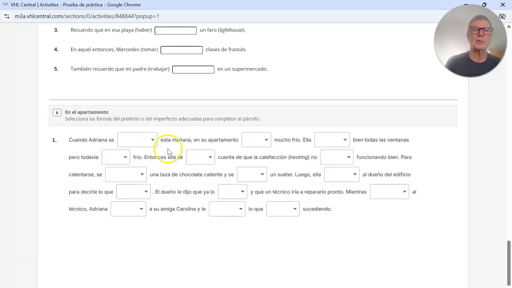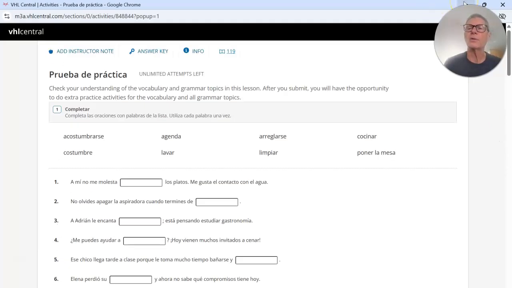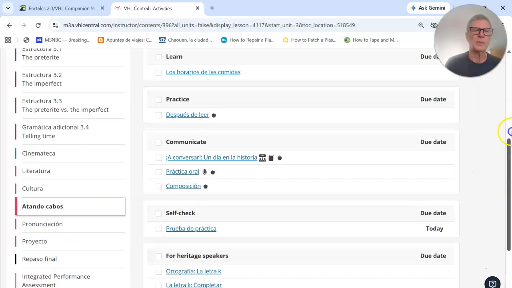So what happened? Okay, well, when she got up this morning, what was happening? It was really cold. So this illustrates perfectly that difference between what happened when she got up. That's what happened. What was happening? What was ongoing? Oh, it was cold. And it still was cold, and it continued to be cold. So that action is seen as continuous. Hacía frío. So that's the main idea, and that's what you can look forward to as far as the exam goes, which is set for tomorrow, Thursday, by midnight, as always.